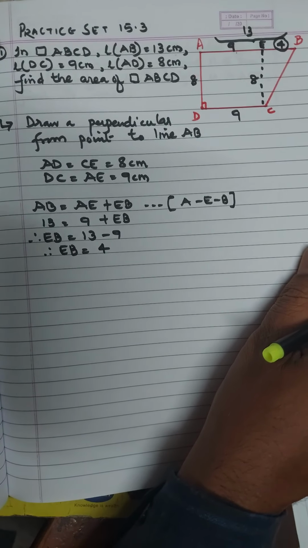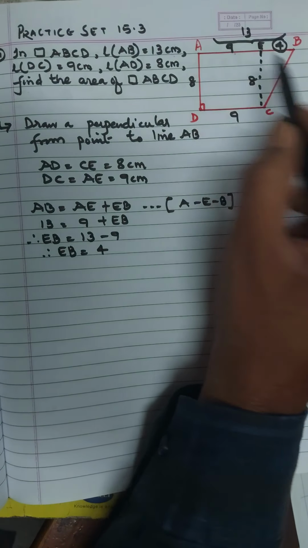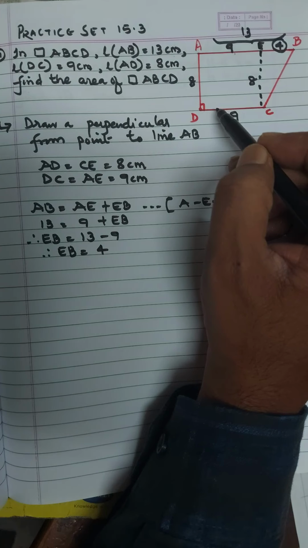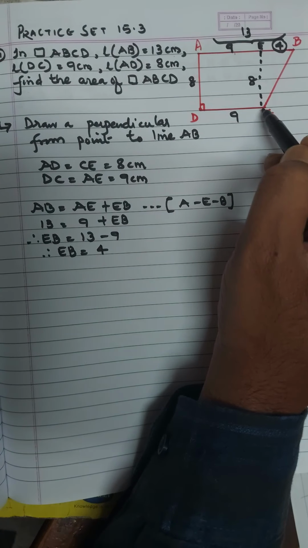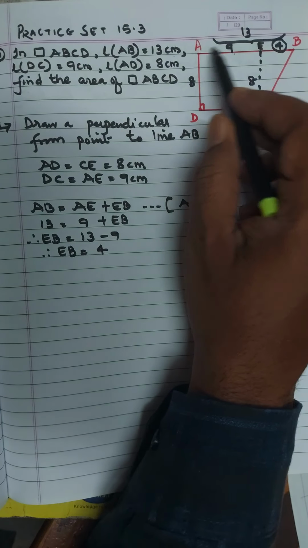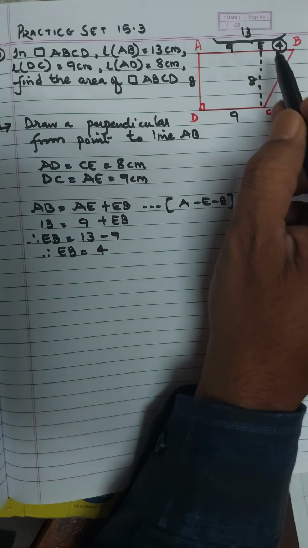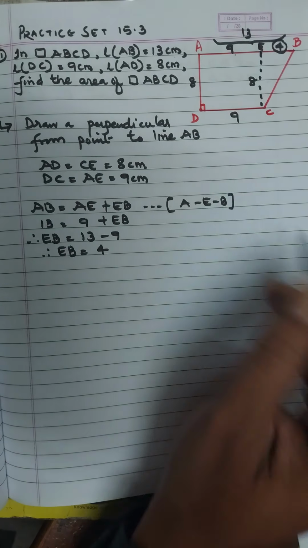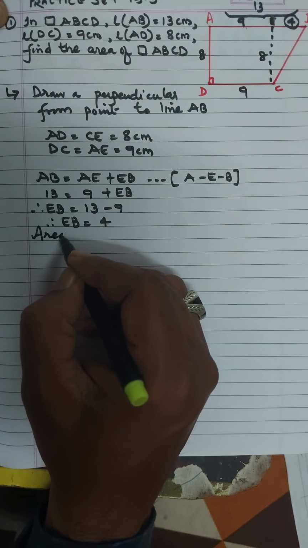Now we have to take out the formula of rectangle. The rectangle here is AECD. Area of rectangle is length into breadth. Then we need to take out the value of triangle BEC. Area of triangle is 1 upon 2 into base into height. Then for ABCD, we need to add the area of rectangle AECD and the area of triangle. Then we can easily take out the area of trapezium also. Now the first step is to take out the area of rectangle.